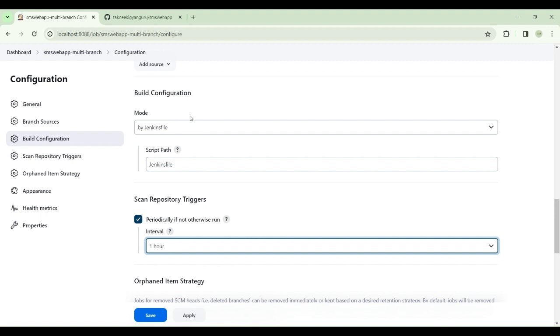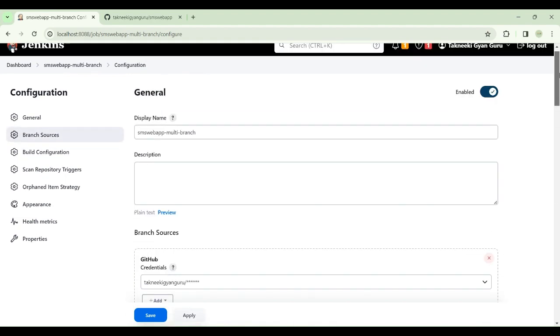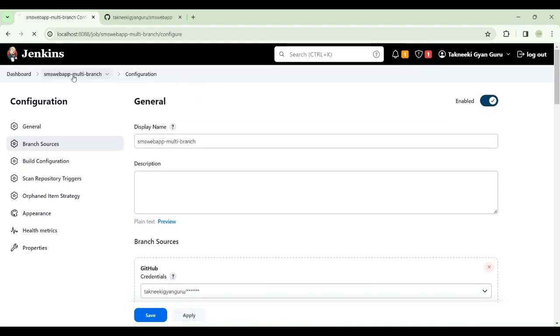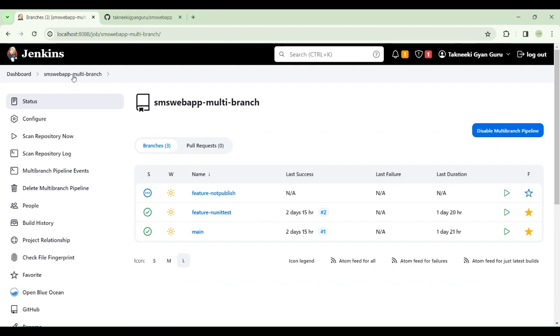If you say 1 minute, every 1 minute it will scan your repository and see if a new branch is there or any branch is deleted, and then the branch will be deleted in an automated fashion. Or, since it's very rare to create a branch, you can directly go and manually scan your repository. So let's click on this new pipeline,